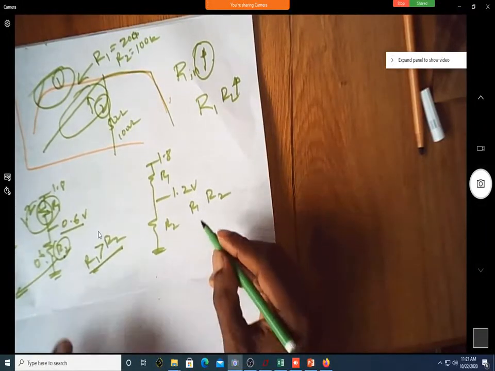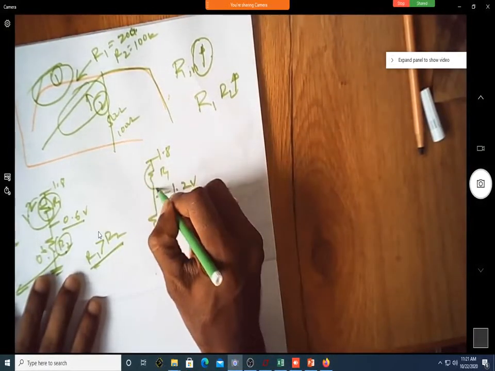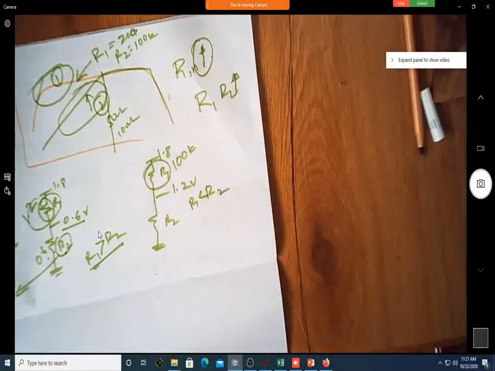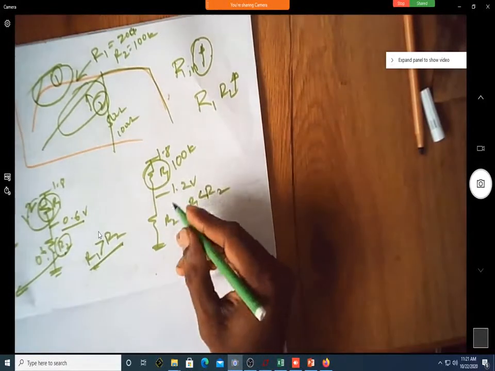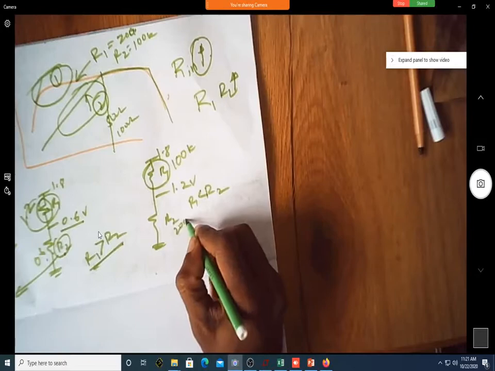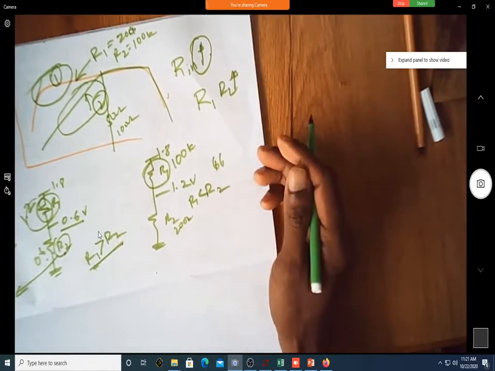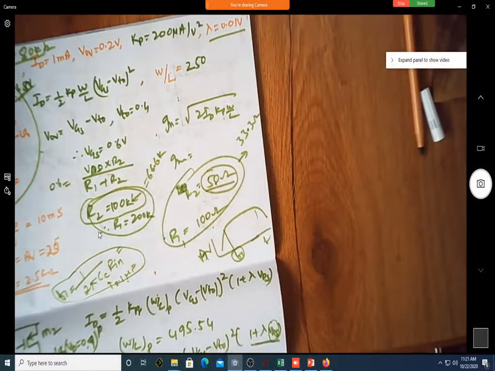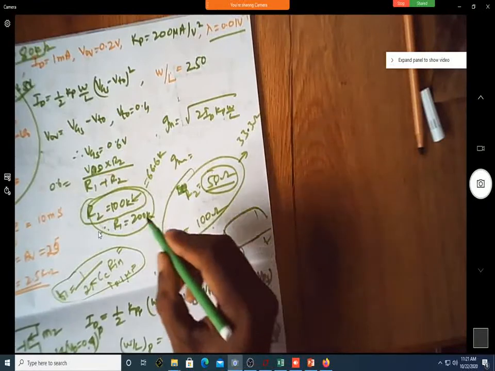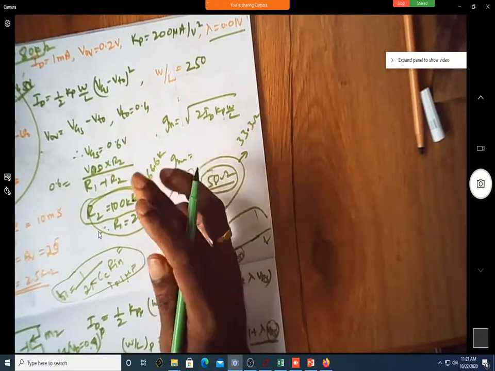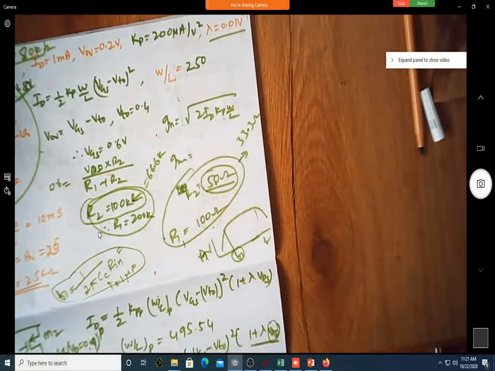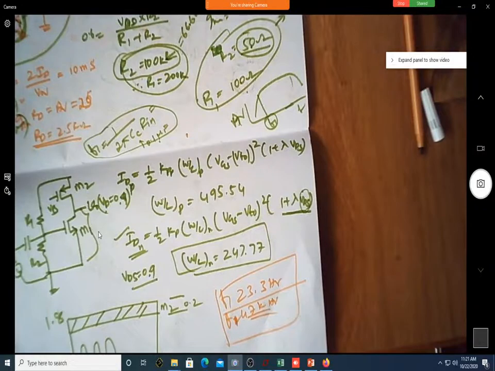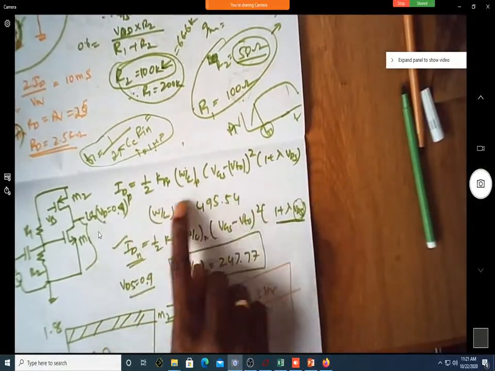In this case, what is the relation? R1 is less than R2, sir. So in this case, you have to assume this to be 100k. Then the overall combination will be more than 50k. Of course, here this will become 200k, then it will be again 66.6 kilo ohms. It is always necessary that the input impedance should be as high as possible. That's why I have selected this as 100k. It can be 200k, it can be 150k, any value, but it should be in terms of hundreds of kilo ohms. Okay, sir. Done?